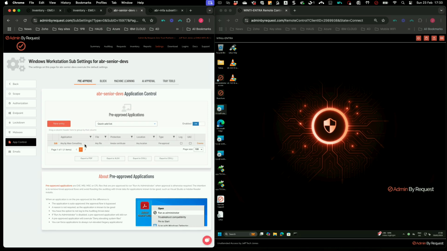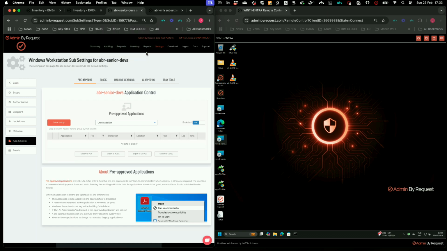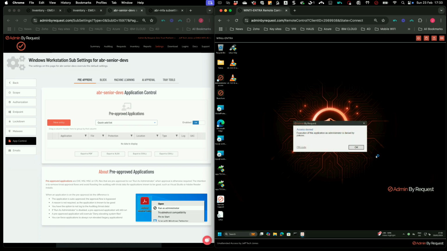Here we go. So you can see this is the vendor certificate for Rufus. So it's never the product, it's always the demonstrator, as I always say. So if I now go back, I should now be able to, there we go, I get blocked. That's exactly what I wanted to happen. So I cannot perform any sort of elevation with Admin by Request,